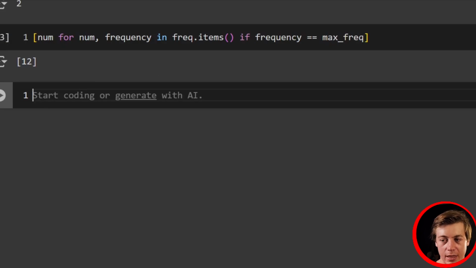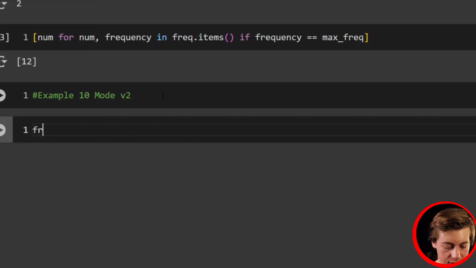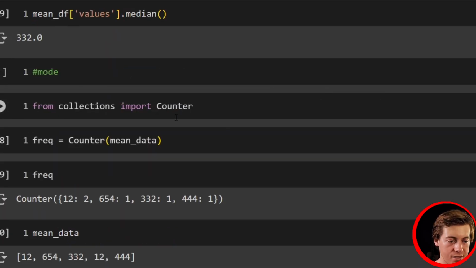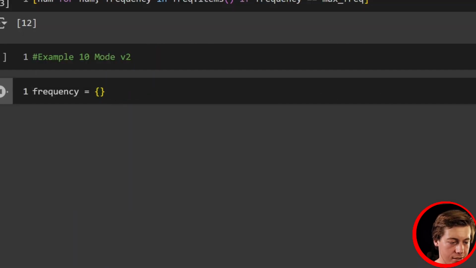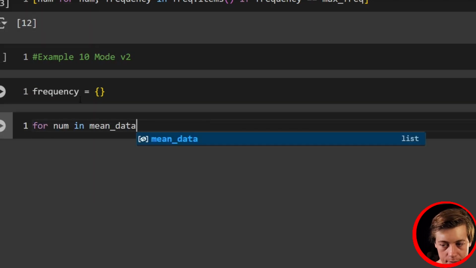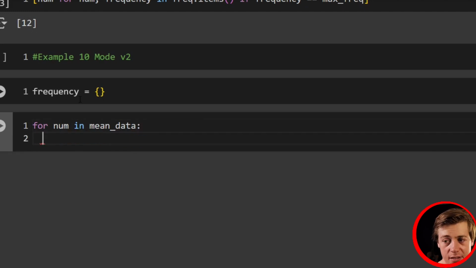But with that being said, let's take a look at another example. So we're going to say example mode version 2. I think this is example 10. Which I can just put this over here. And here's how we're going to do this. So what we're going to say first is frequency equals, and we're going to create a blank dictionary. We're going to use an example where we don't need this counter. So we have this blank dictionary over here. And we're going to say for num in mean data,